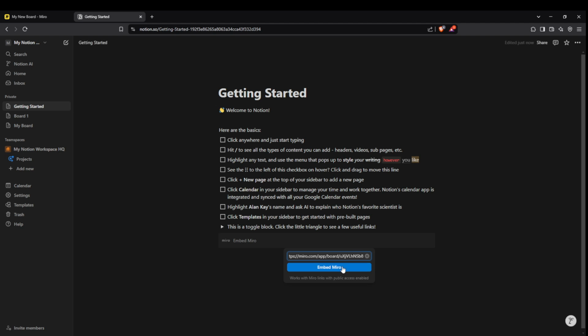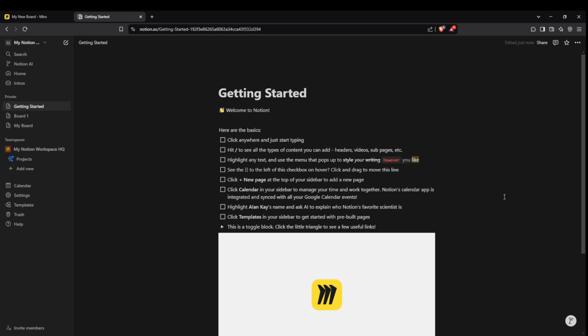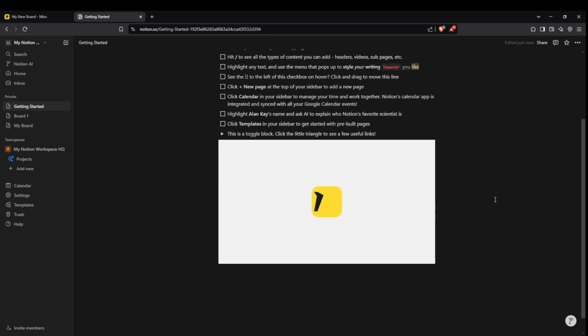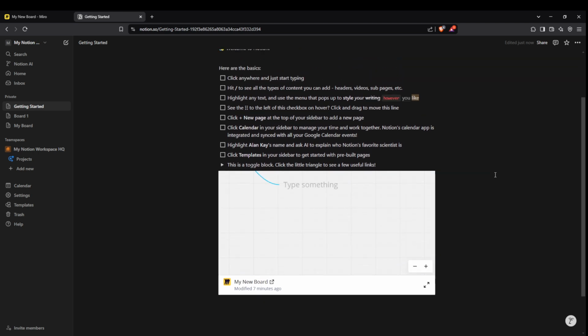The next step involves your Miro board. Over in your Miro account, select the board you wish to embed into Notion. Copy the link to this specific board. It's important here to ensure you've set the board's sharing permissions correctly if you plan on collaborating with others. Otherwise, your team members might not have access to view or edit the embedded board. The link is what essentially bridges Miro with Notion, allowing the interactive board to appear seamlessly within your chosen Notion